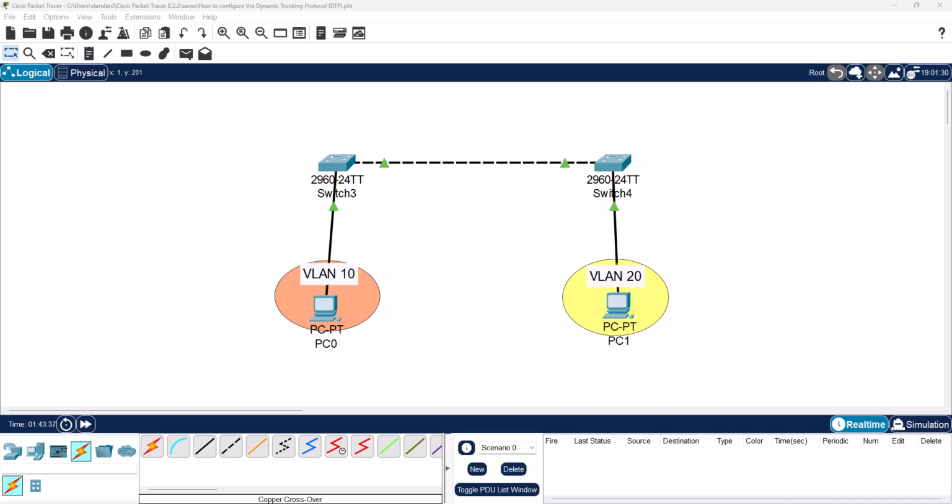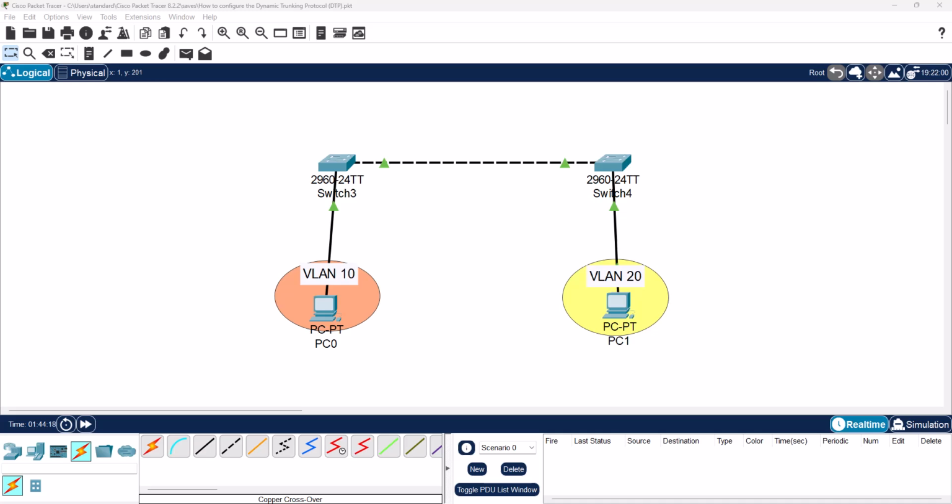However, it is recommended as a best practice to disable the dynamic trunking protocol in production environments today, mainly because of the associated security risk whereby an attacker could potentially trick your switch into forming an unwanted trunk, gaining access to multiple VLANs. So as a best practice, it is considered better to manually and statically configure trunk ports with the switchport mode trunk command, specify the allowed VLANs with VLAN pruning that we have covered in another lesson, and